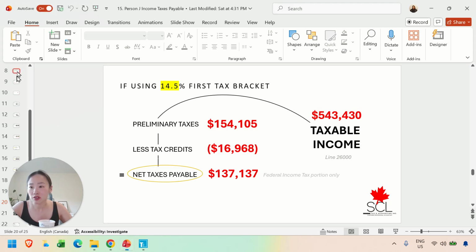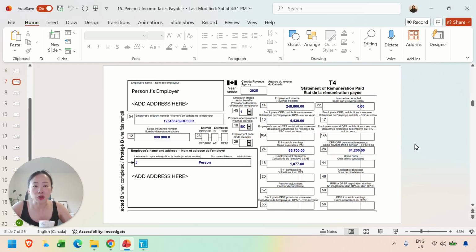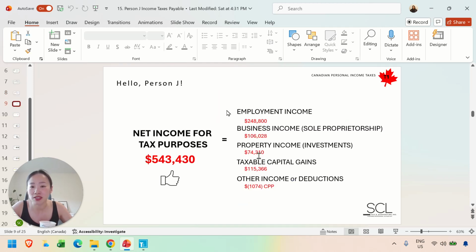So here, if I can find it. Yes, hello, person J. Person J is our example for today, where they have a variety of different sources of income. Okay, this is the case facts here. And so working through, say, their employment income through their T4, T5. Again, I would really urge you to check out that second recording. I do a better job at walking through the components to that net income for tax purposes, which